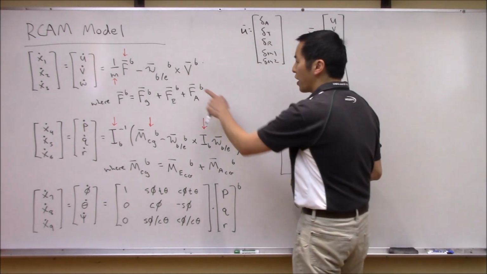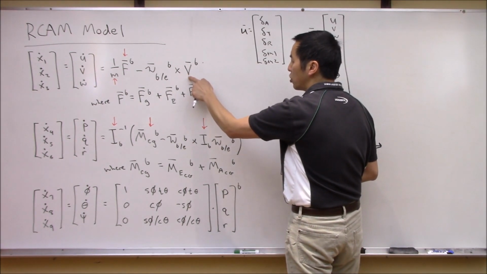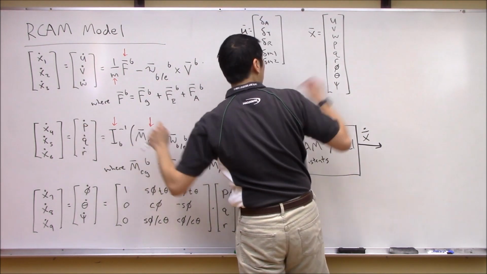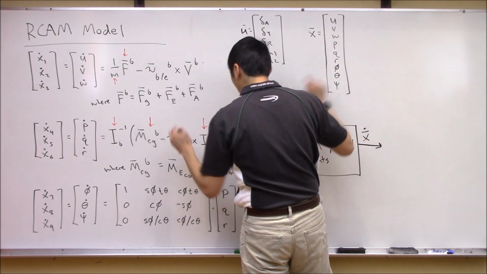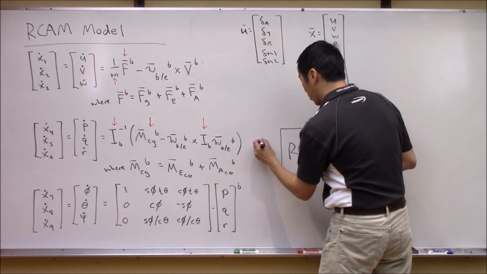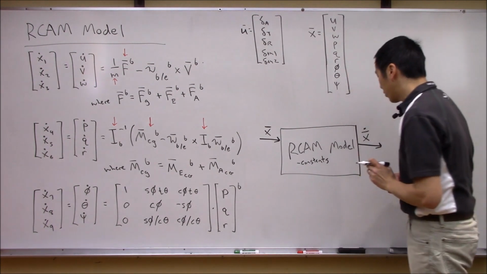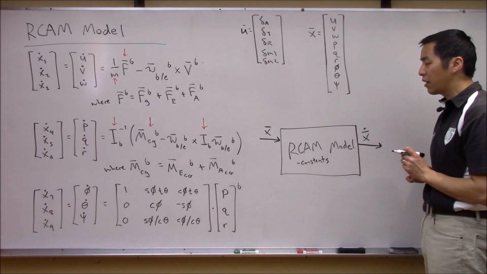But then there were things like this term right here, that was just u, v, w. This term right here is x4, x5, x6. So we see that the state vector is also needed. I need to know the state vector at the current time in order to compute the state vector